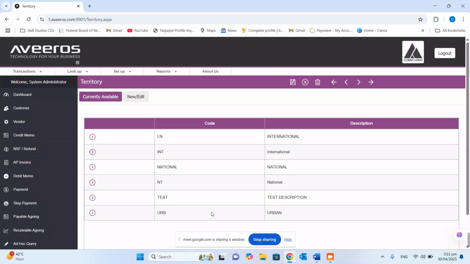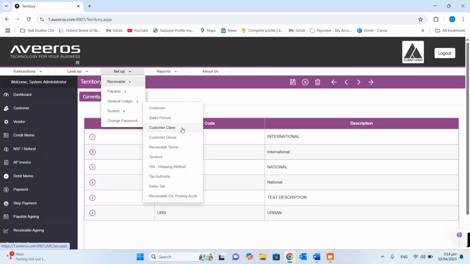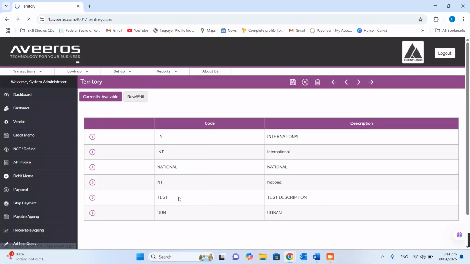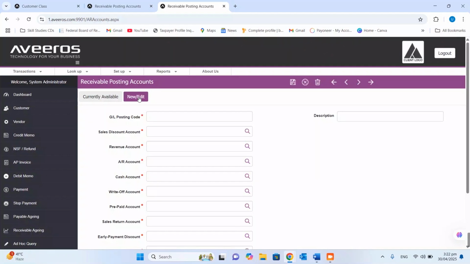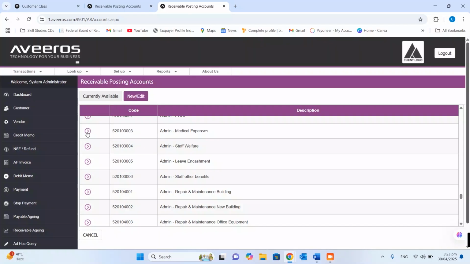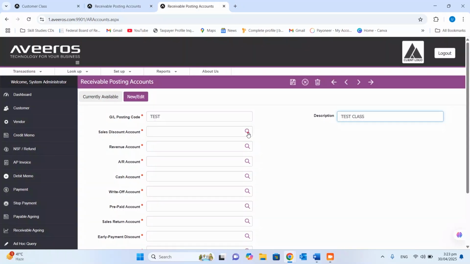Next step, we will define our receivable posting accounts. Go to Setup, then Receivables, then GL account posting code. Press New/Edit button. Under GL posting code field, write test, and in description write test class. Under Sales Discount GL, you will search Discount GL to attach here. For example, Discount GL posting code is